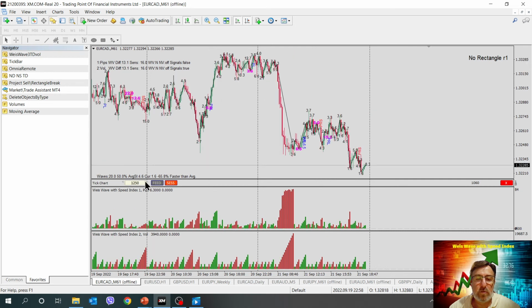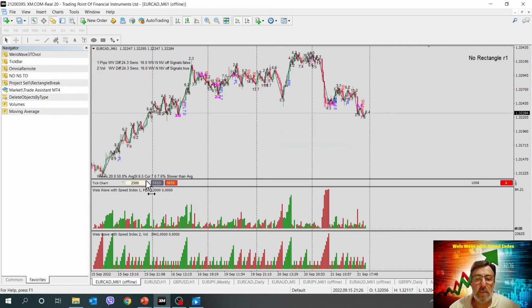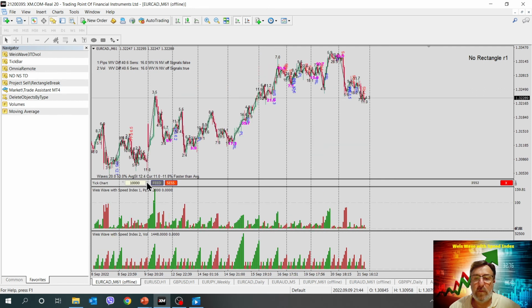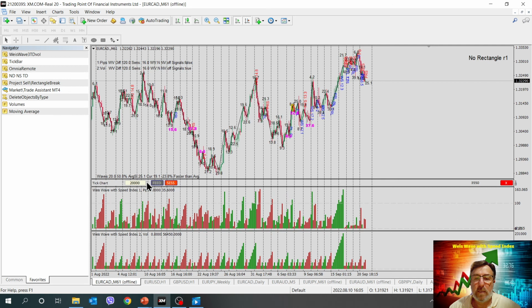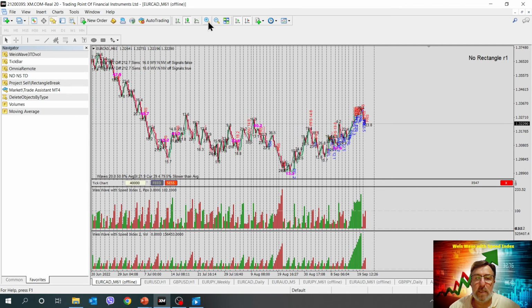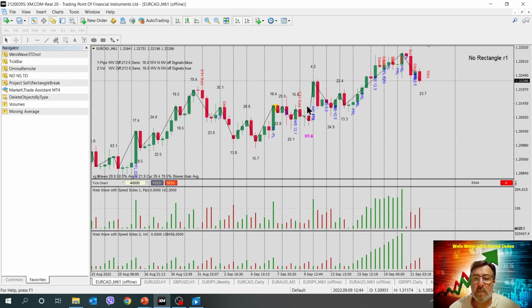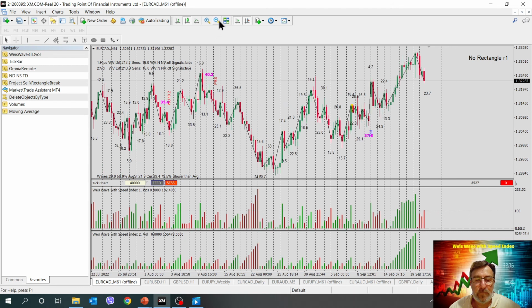Let me zoom in so you can see I'm changing the ticks of the chart, and as you can see I get many signals now. Okay, the signals are not valid because it has not calculated. This is a malfunction of this tick chart thing. It doesn't happen in the regular time frame, so I will just press the Z and it will recalculate everything and you will see the correct signals.